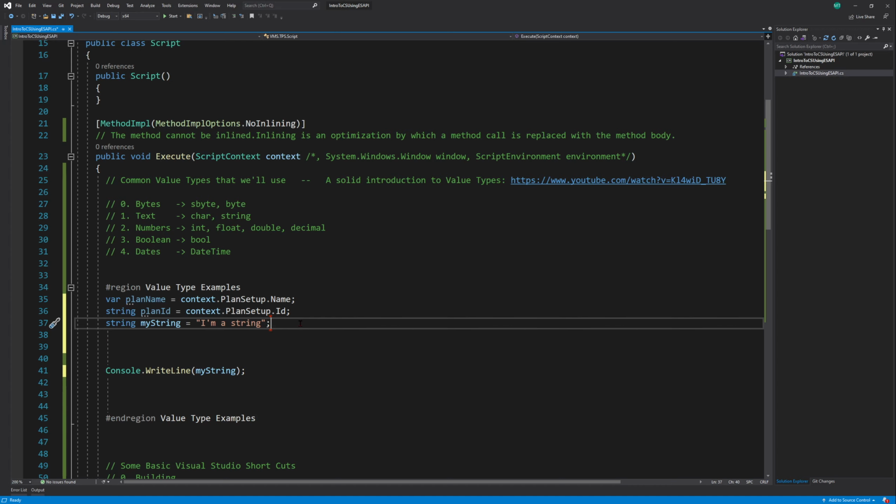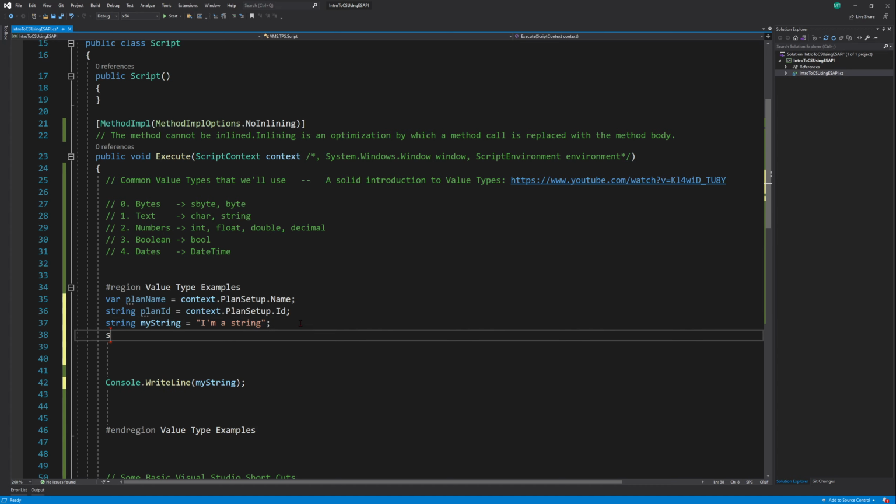Now there's also single quotes. In some languages, if you're not familiar with C#, say like in Python, you can use single or double quotes, right? So you could say another string equals